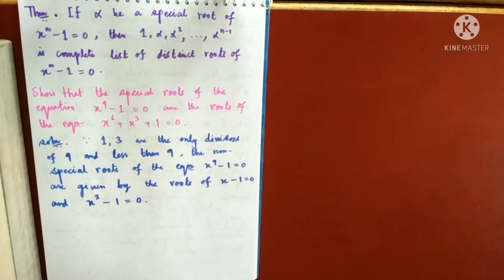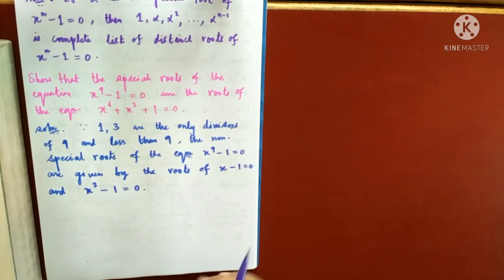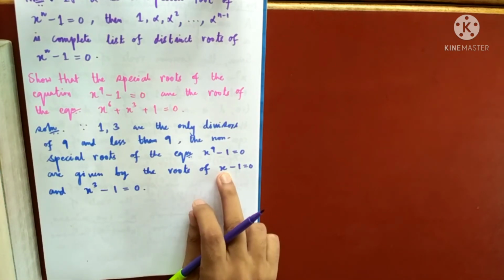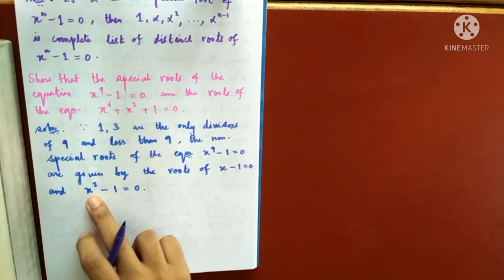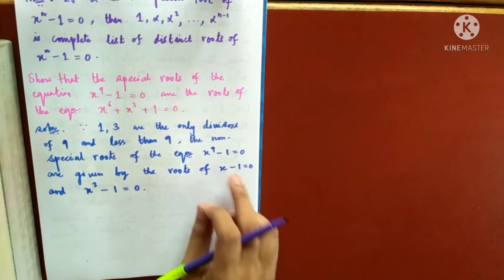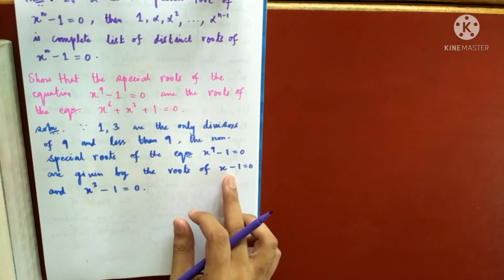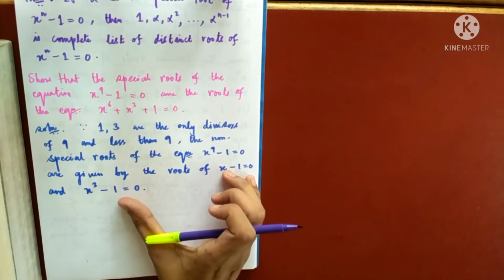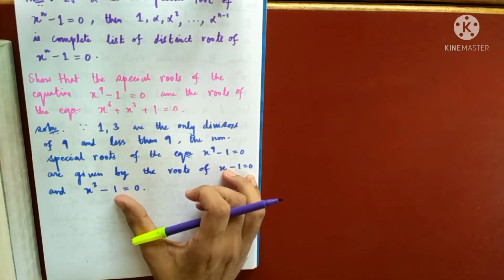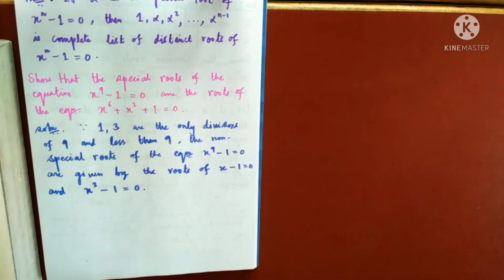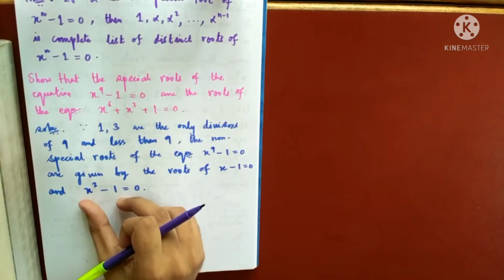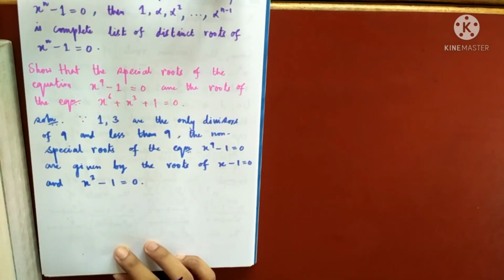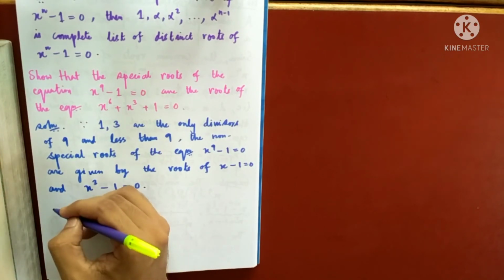Now you try to understand my point. What is the root of this equation? 1 is a root, but 1 already appears here. So why consider this? That is the reason we will find the LCM, the least common multiple of these two. How will that help? That will club all the common roots together. 1 is a root of this which is already present here, so why count 1 twice? That is the reason we find the LCM.